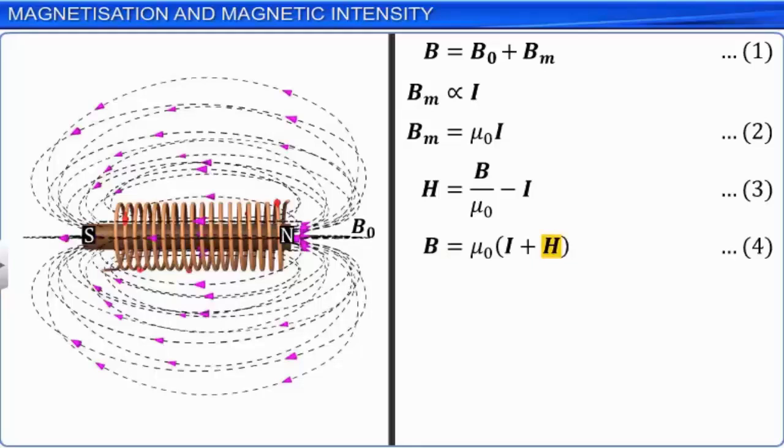It can be expressed as I is equal to chi into H. Let this be equation 5, where chi is a dimensionless quantity